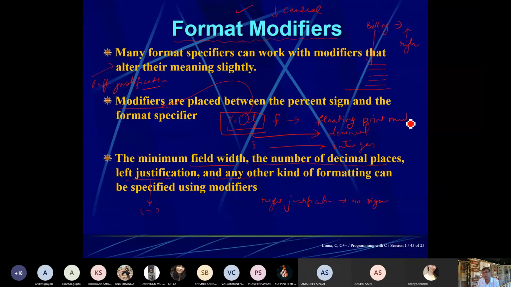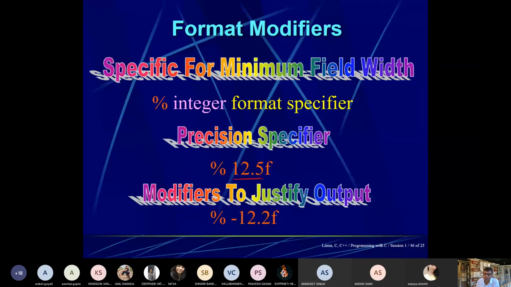Now come to this place and try to understand the concept. What is %12.5f? The meaning of this is right justified. 1, 2, 3, 4, 5, 6, 7, 8, 9, 10, 11, 12. 12 is the total width.